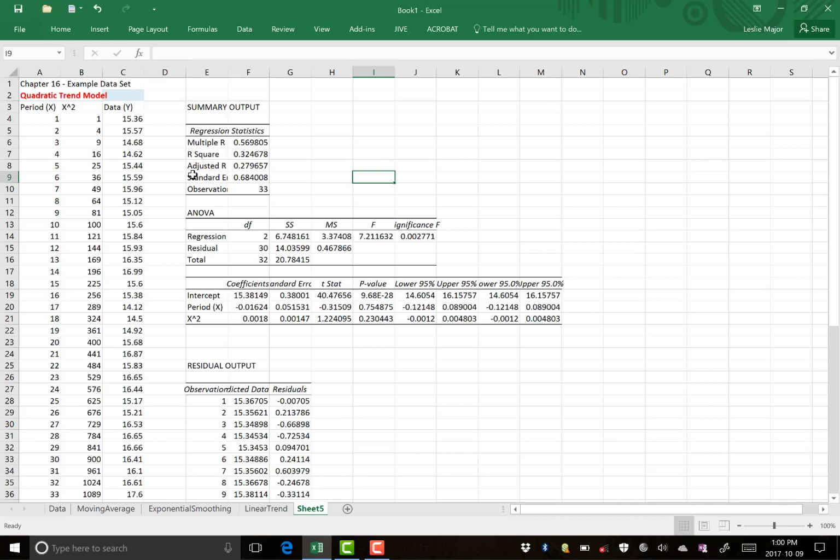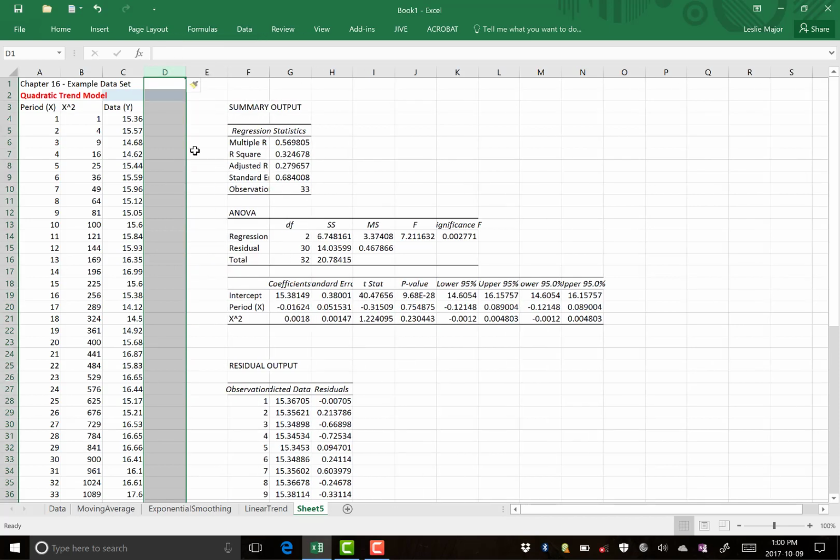If we want to generate our forecast, they're actually all generated for us right here. If you needed to do them on your own, let's say for some examples you might have to, let's just do it manually as well. Again, Excel did them for you right here. These predicted are actually my forecasts. And these residuals are actually my errors. They've got a new name when we do regression. But let's try getting them here as well. So how you would get the forecast for this guy, you would take your 15.38